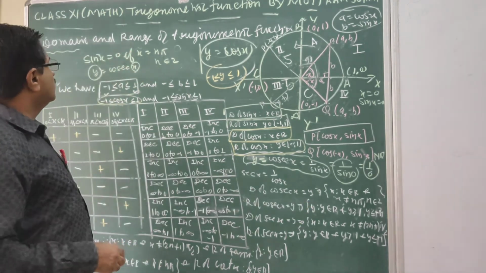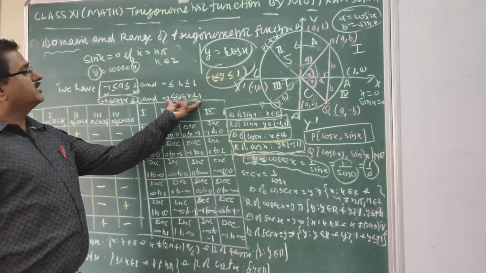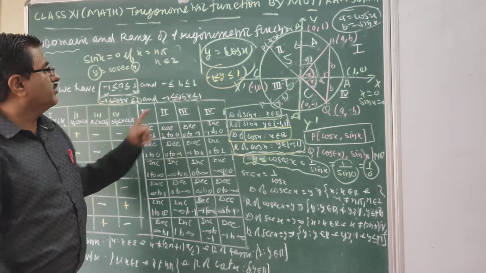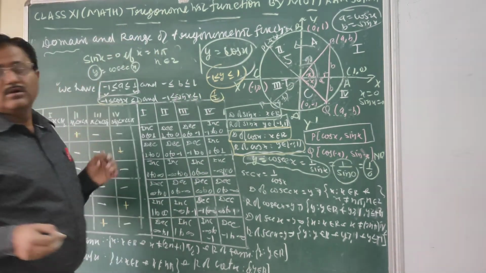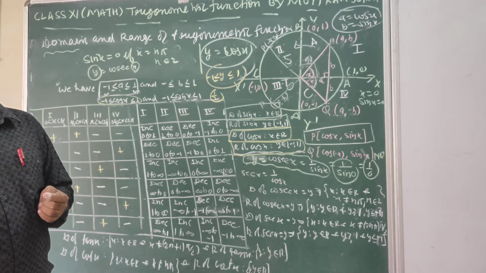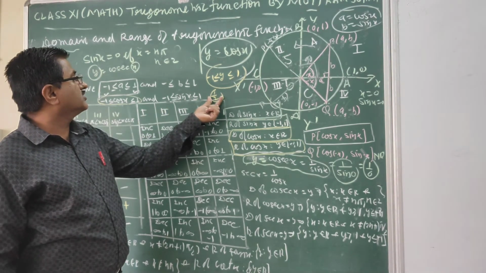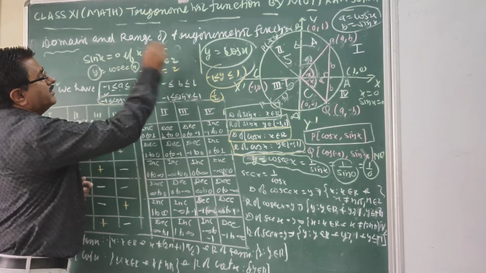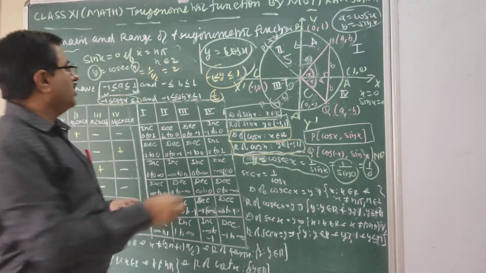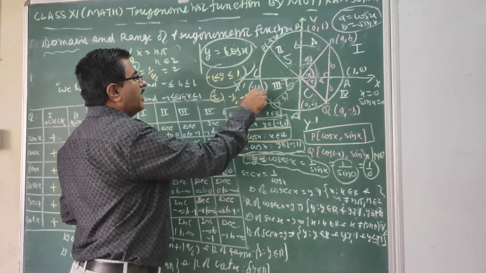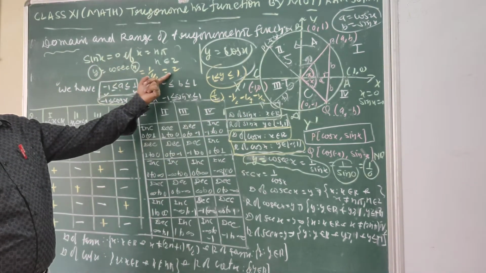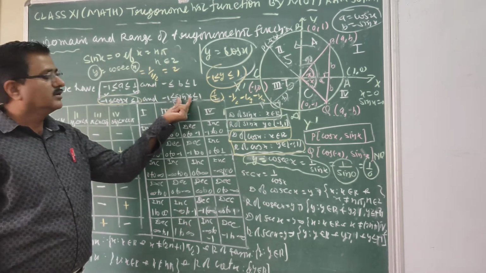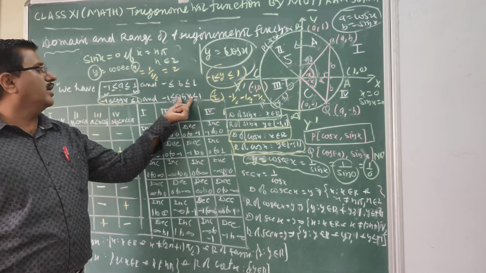Why did I write this? Because as you know, sin x always lies between -1 and 1. So take any value between these, like suppose 1/2. If this is the value of sin x, then what is the value of cosec x? 1 divided by 1/2, that is 2. Or if you have -1/2, -1/3, or -1/4, if you take the reciprocal, these values will always be beyond 1 in magnitude, because sin x is less than 1 and greater than -1.